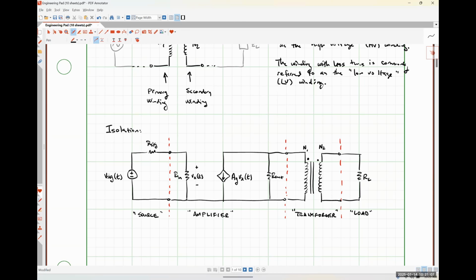So in a system like this, our transformer is effectively playing double duty here in as much as it is isolating the load from the amplifier. And so the reason why we might need to do that very specifically is because the impedance of a speaker,